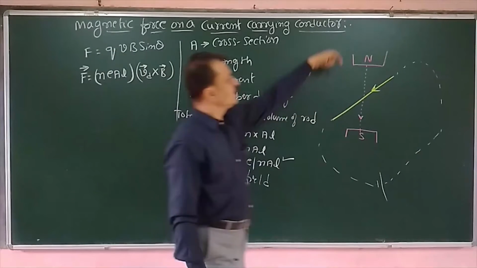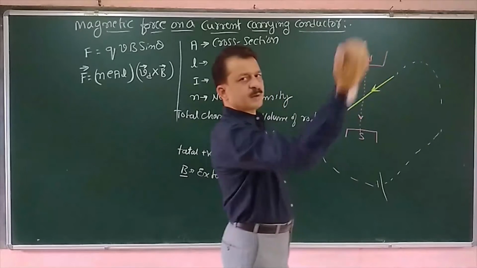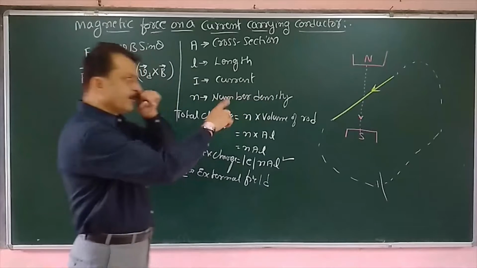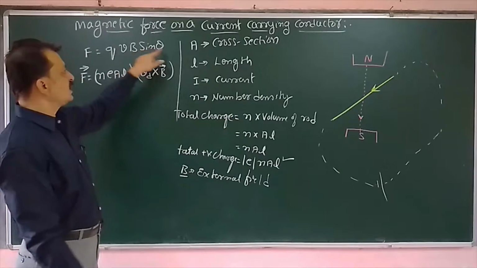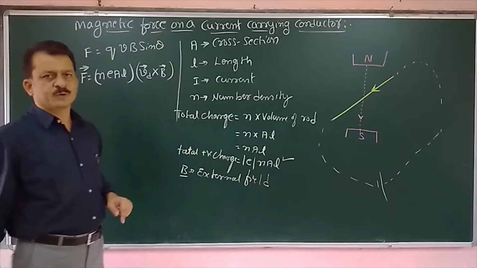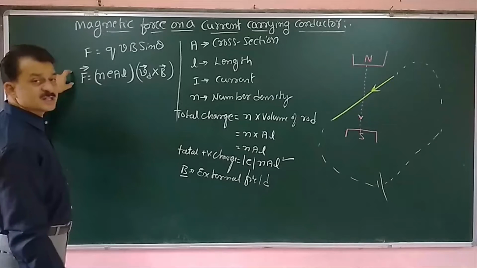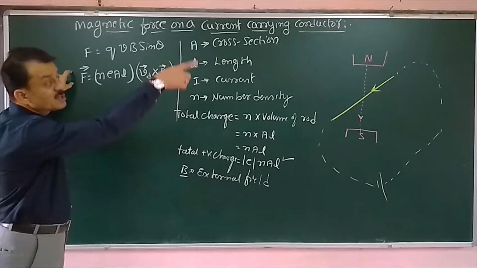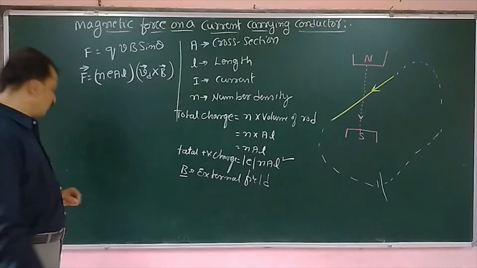Obviously look here, magnetic field is from top to the bottom and the current is coming out of the plane of the board. Therefore the angle between the velocity vector and the field vector is 90 degree. Therefore sin 90 is 1. Okay. Now this is the expression for the force experienced by the entire charges. Now let me rearrange this one.